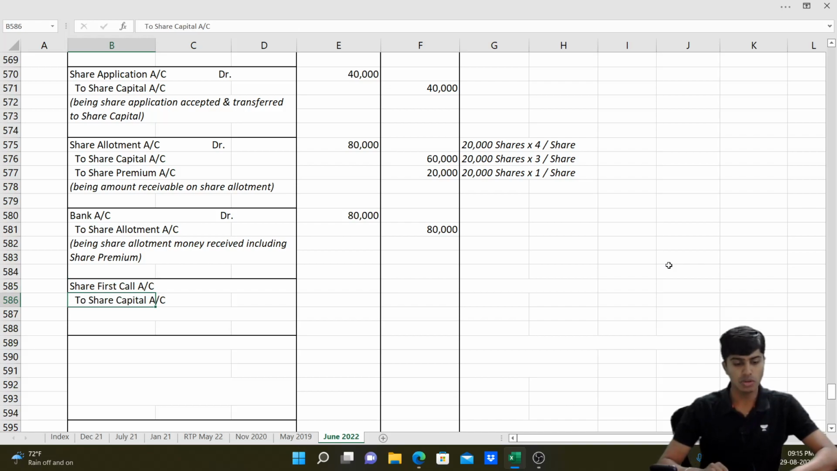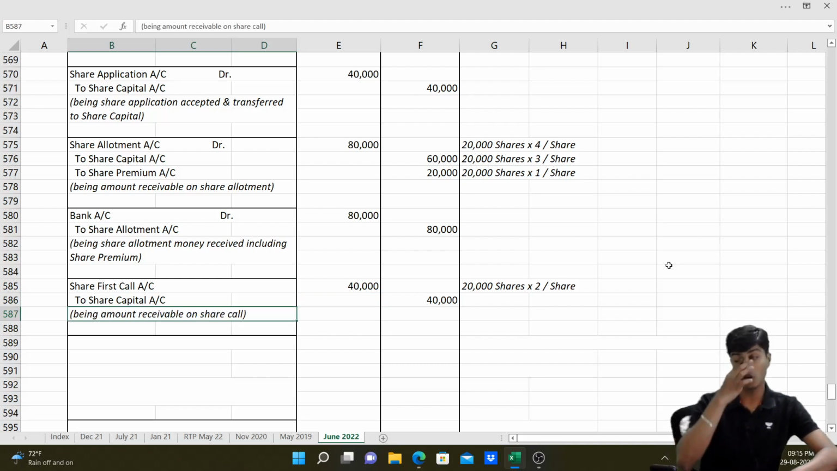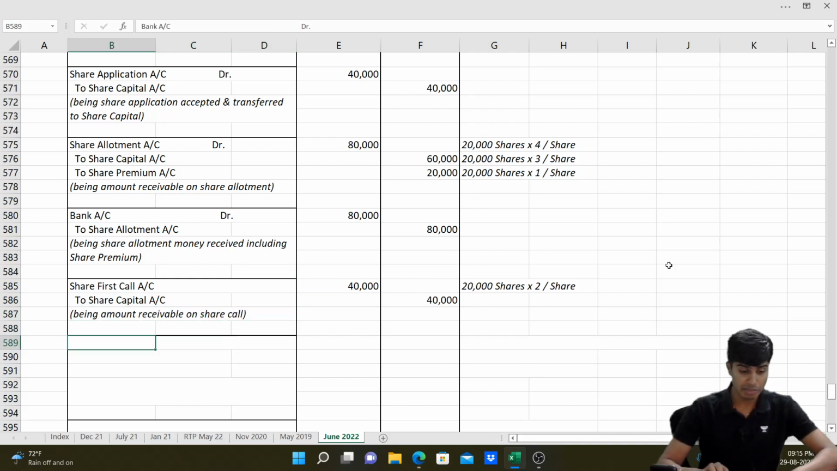Share first call account debit to share capital. This is for 20,000 shares into 2 per share, 40,000. This is share call money due. And when we write bank account debit here, we're going to credit share